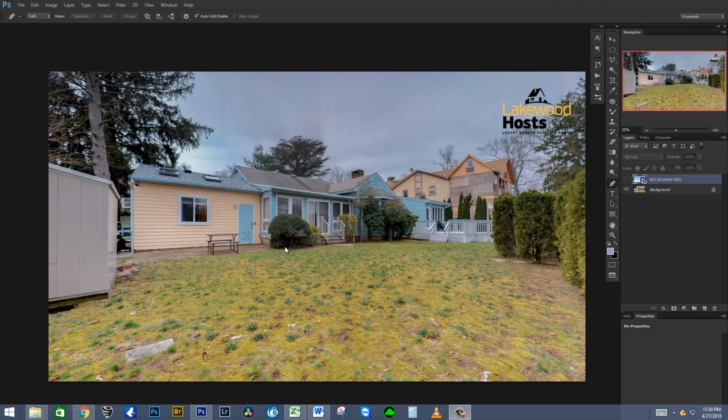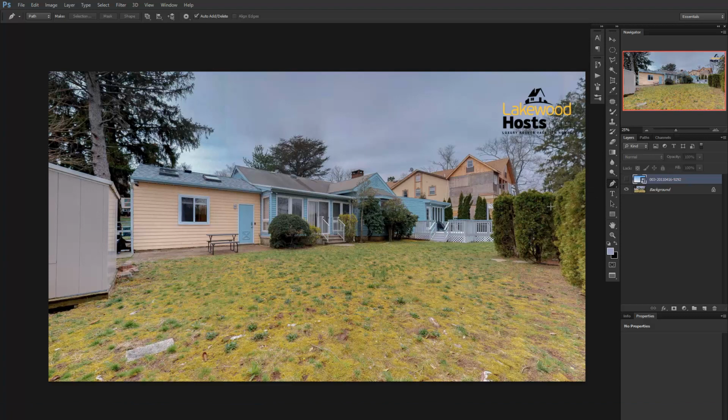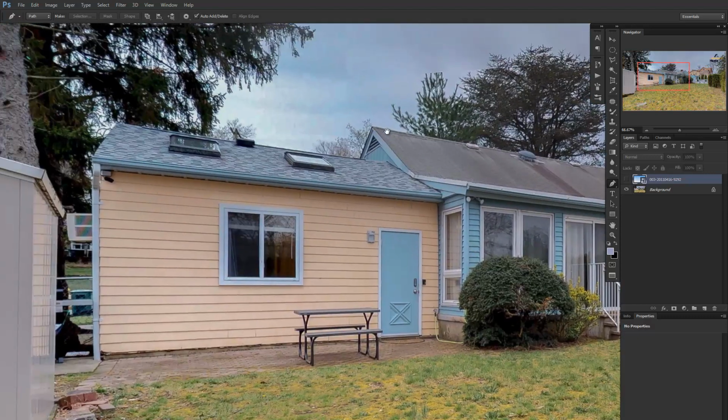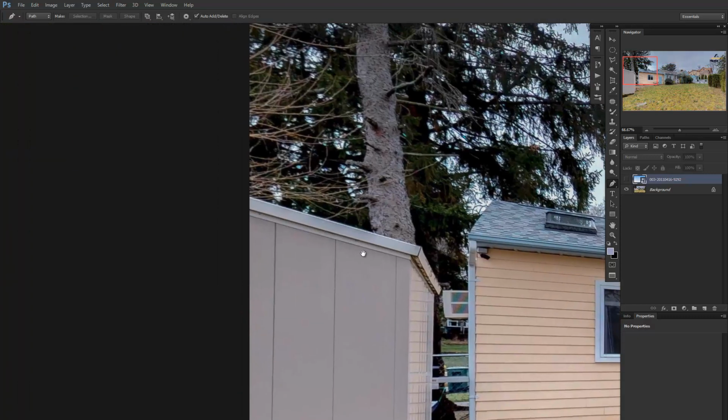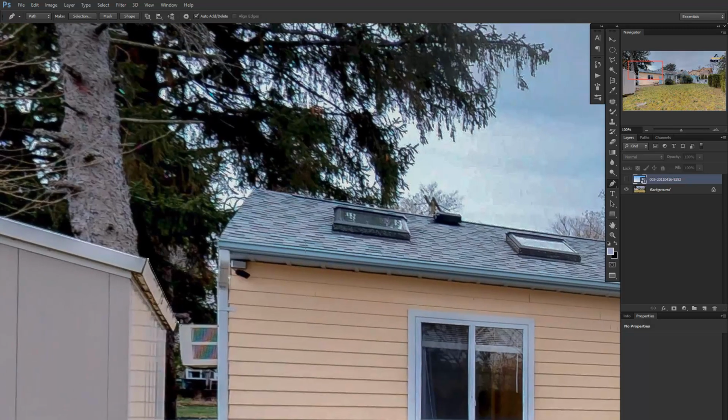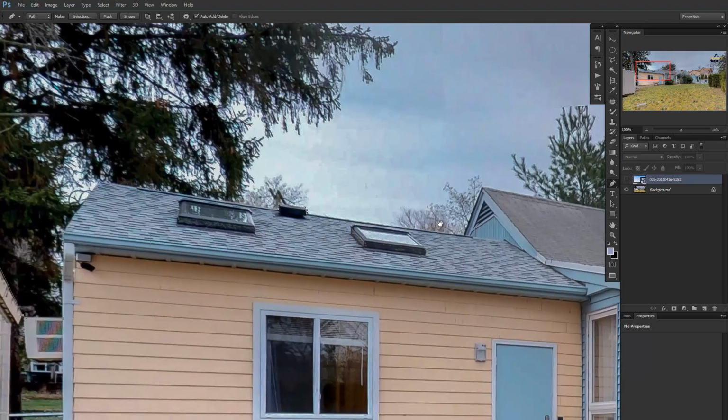Okay, so just going over this really quickly. What we're going to do is select P for pen tool. We're going to zoom right in and we're going to follow all these edges across the roof line. Now I'm just going to do this really quick, as this is just an example, and you just have to drop hard anchor points at each of the main corners, and then we will create a mask